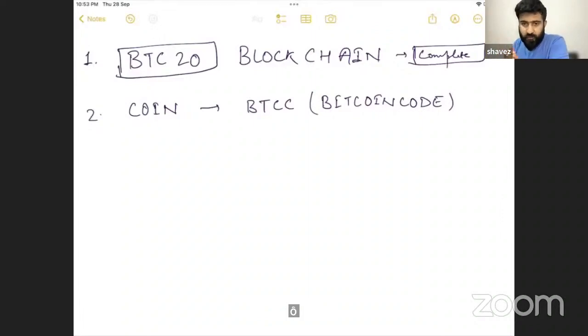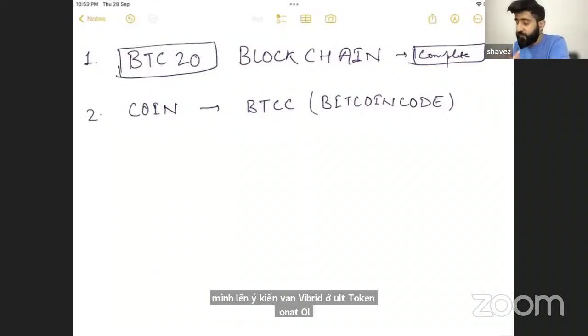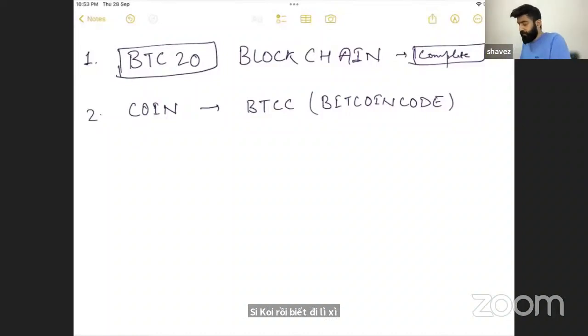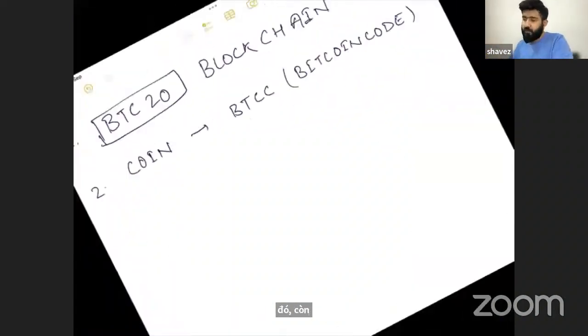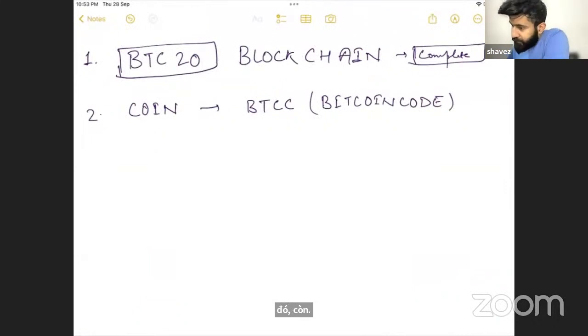So the native token of its own blockchain is a coin, right? So many of you know, but I'm explaining it again. When we build our own token on our own blockchain, the native token, which is used for gas fee, is a coin. So BTCC, it is running on its own chain, so it is our coin. Okay. No, this way it would be better. Okay. So now,